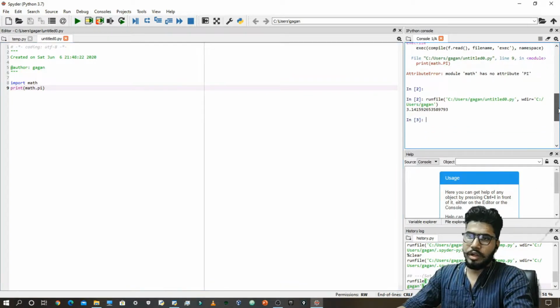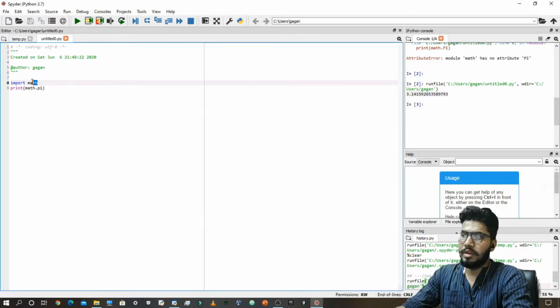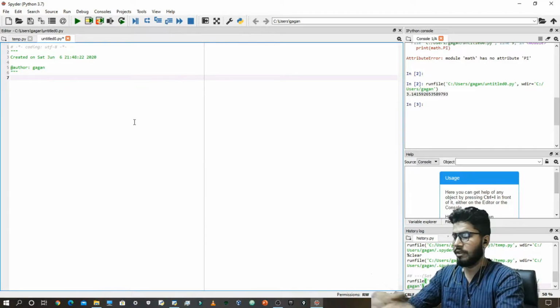Yes, so it is automatically going to give me the value of pi, and we have not written the code for it, but we can just import it in our program. Okay, guys, so let's get to the name variable.